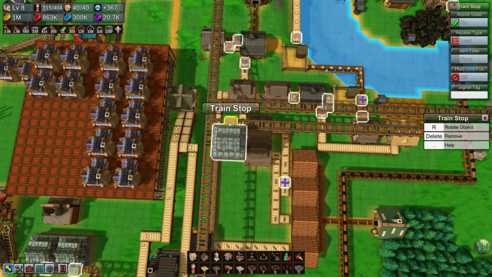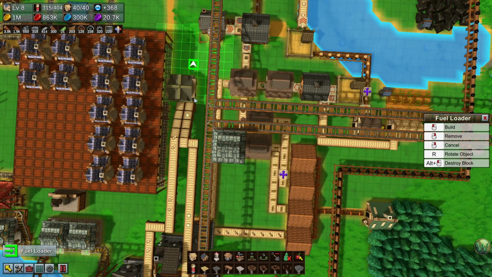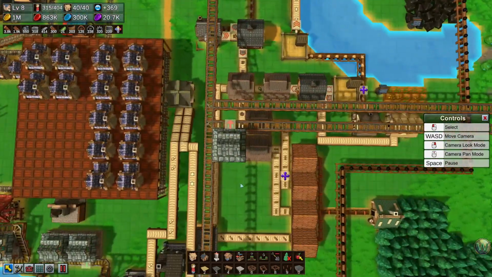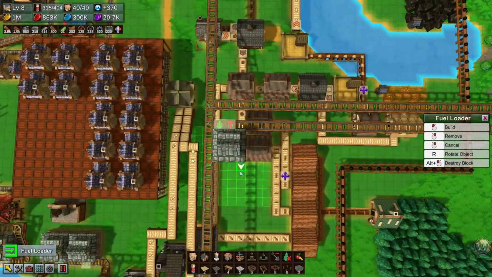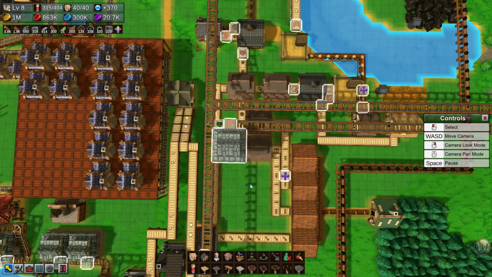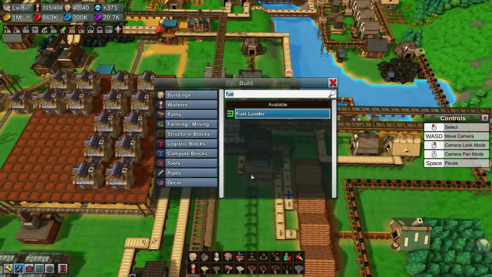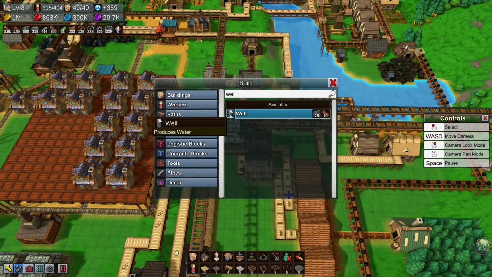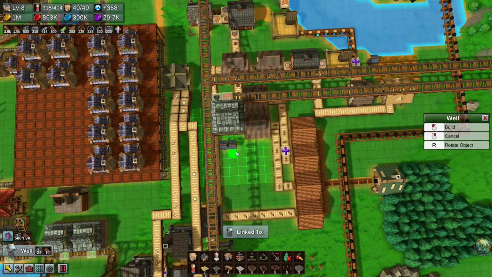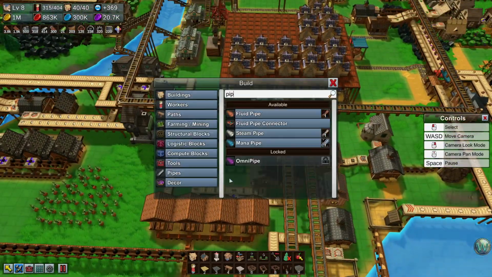Go there, and this is not a train stop, but a fuel loader. Actually, it might be a train stop too, because we need to bring the fuel in here. Let's do a regular train stop like that. This is going to only unload coal for now. And this is going to fuel everything. And then, well, do 2 wells, at least for now. And then let's do a fluid pipe